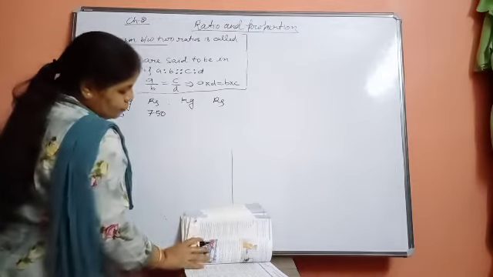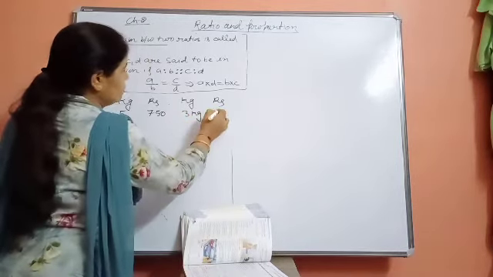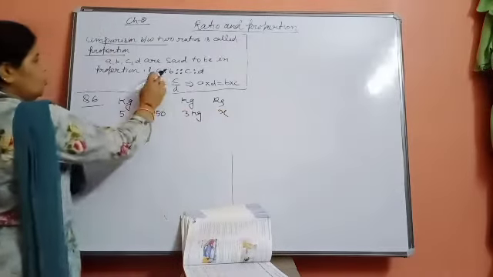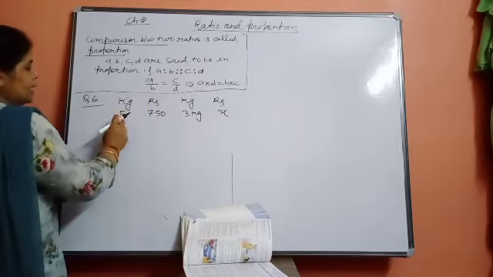Okay, then you have to find the cost of 3 kg. How much it will be, we have to find, that is x. Now do it by this method. Okay, they are in proportion, so do them in this way.